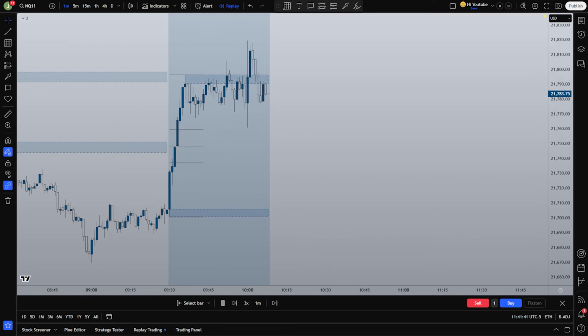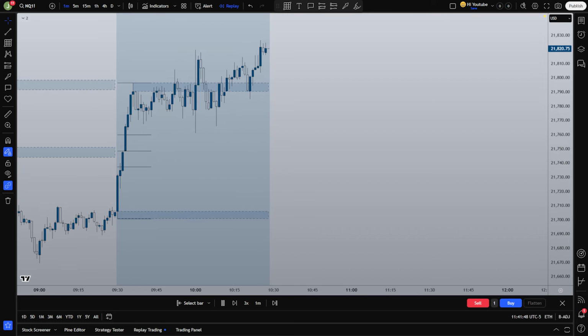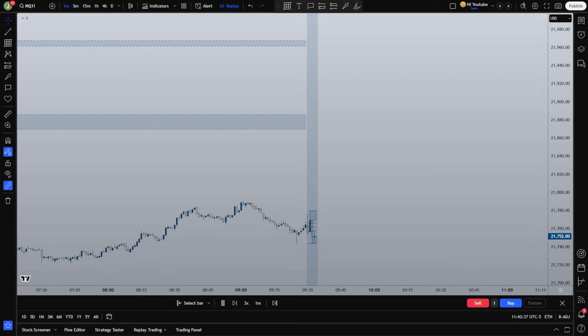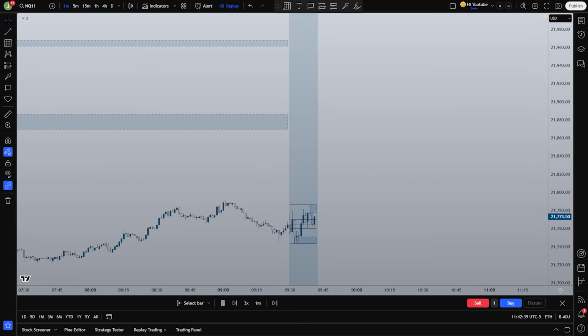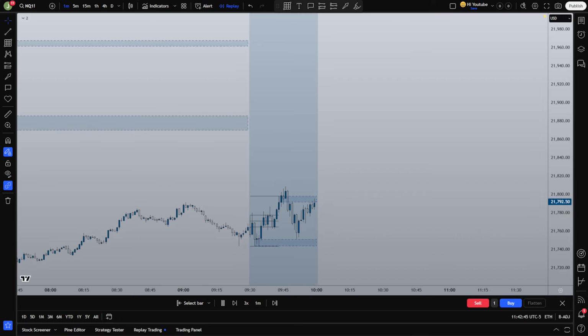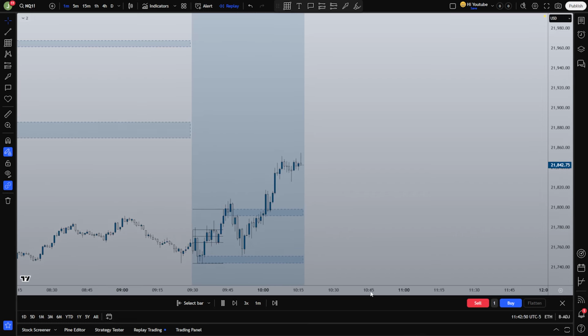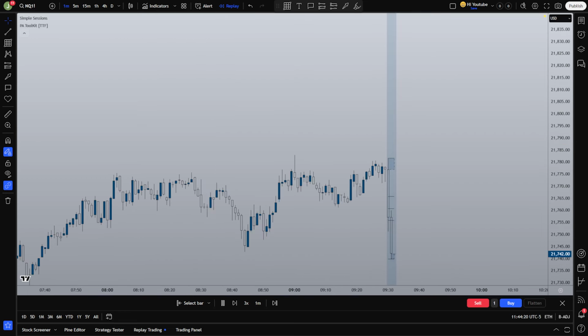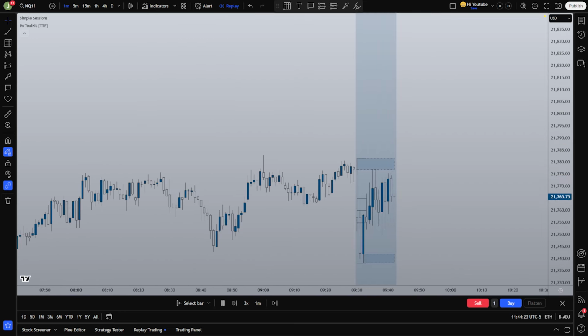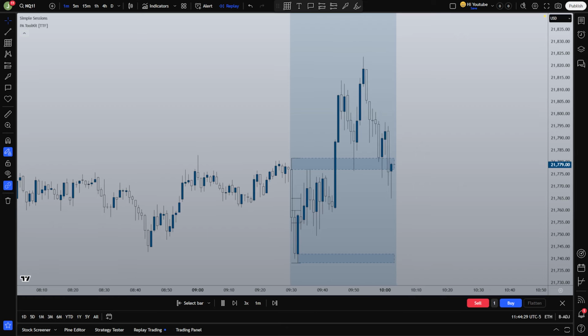The logic is simple. If price escapes the initial range, it often signals continued momentum. While some traders scalp quick moves, others hold for longer trends, making ORB one of the most versatile trading strategies available. But successful ORB trading requires more than just reacting to breakouts. It demands an understanding of market conditions, volatility, and risk management. In this guide, we'll cover everything from entry models to stop-loss strategies and take-profit techniques, ensuring you can apply ORB